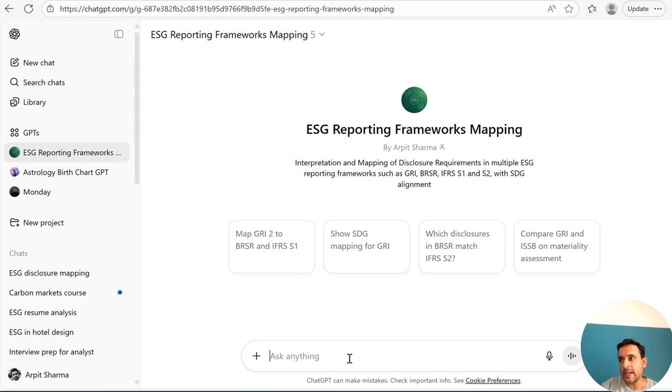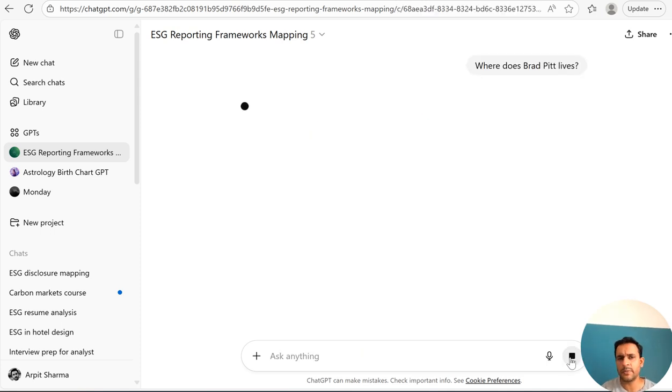So if I ask anything which is not at all related to ESG, ESG reporting or sustainability, let me ask, where does Brad Pitt, the famous Hollywood actor, live? Ideally, in the case of any generic GPT, it should answer this question. But let's see if it answers or rejects to answer. What does it say?